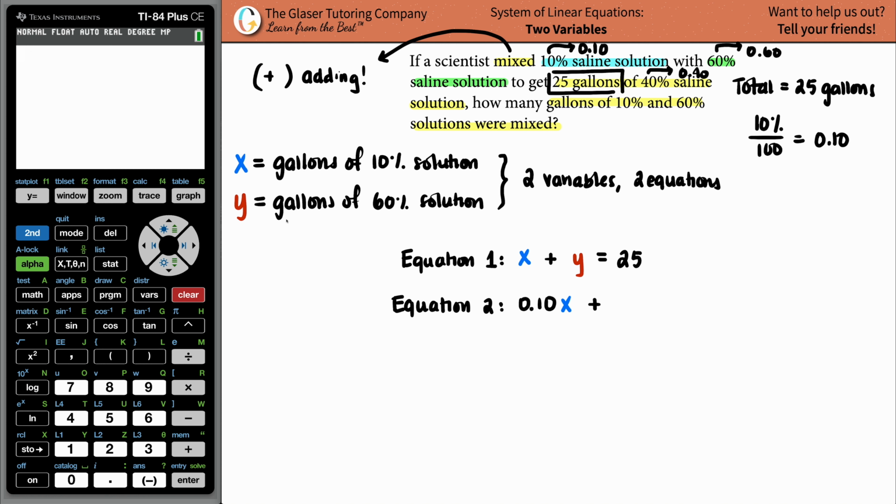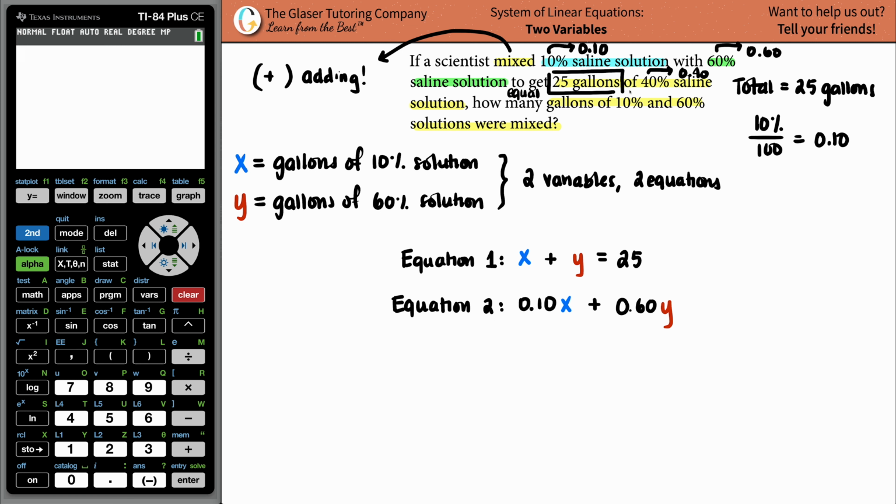I don't know how many gallons that is, so I'm going to label it as Y, but I do know that it's 60%, which is 0.60, and that's Y. If I am mixing these two solutions together, the X and the Y, I will get, this is also known as equal,